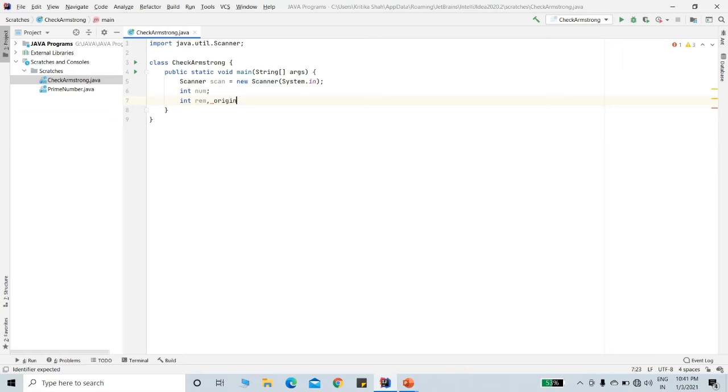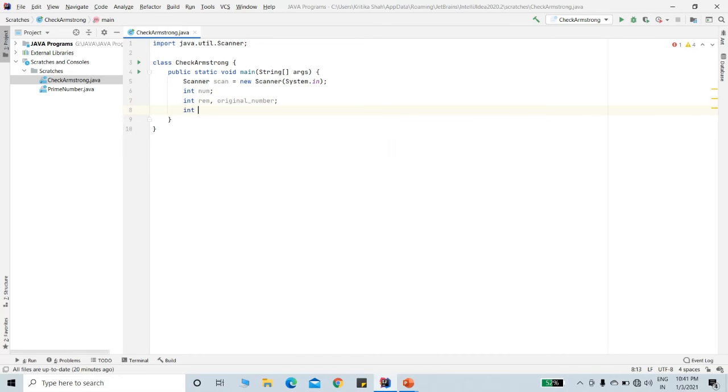And originalNum, you will come to know while we write the further code why we require this original number variable. Next, to store the cubes of individual digits, we require another variable named cubeSum and initialize it to 0.